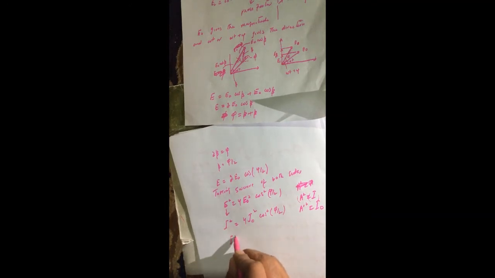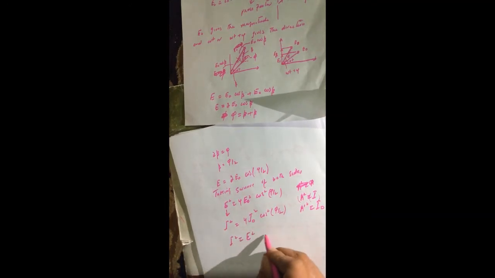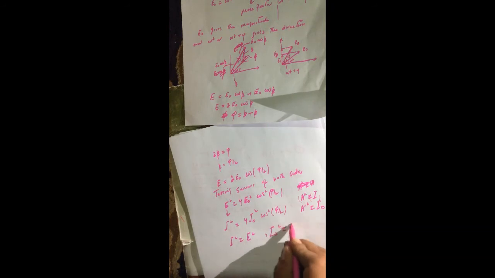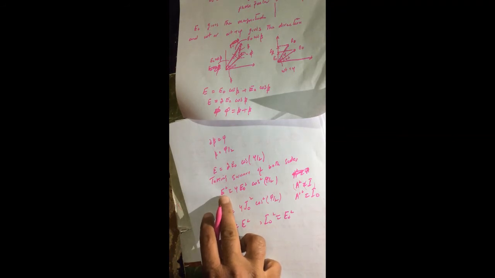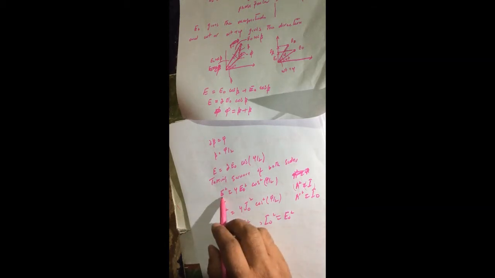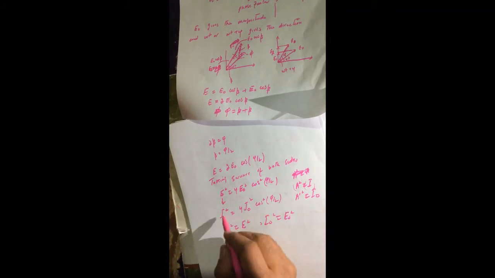Where I square is equal to E square and I naught square is equal to E naught square, because intensity is proportional to square of the amplitude of the wave. So these are the amplitudes, E square and E naught square. So this will be I square and this will be I naught square. Now if I put